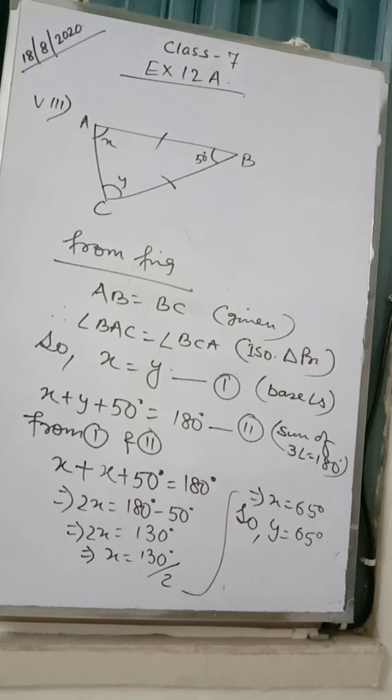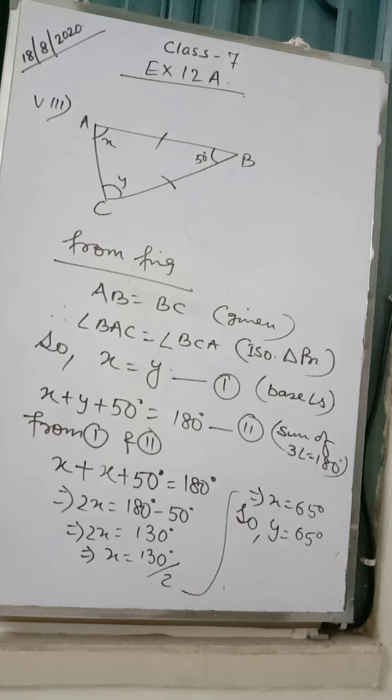I have tried my level best to make you understand. Still, if there is any doubt, you can ask me regarding this sum, okay? You must know if the sides are equal, the base angles would be equal. So X and Y will have the same value as AB and BC is equal. And the situation 2, when we add this 3 angle, that gives you 180. So in concluding 1 and 2, I have written X plus X plus 50 is equal to 180, because the situation 1 we have proved X and Y has same value. Okay.